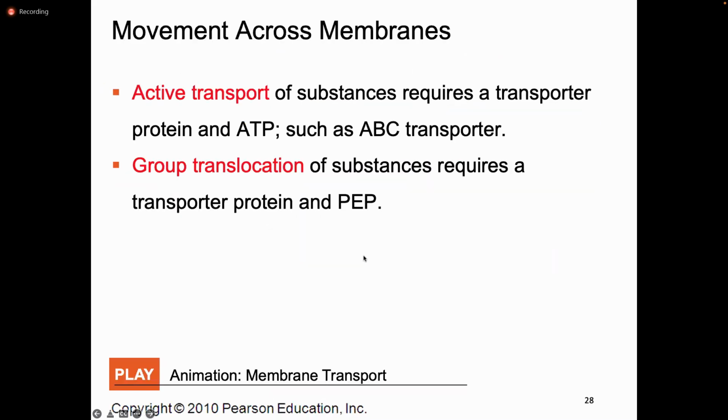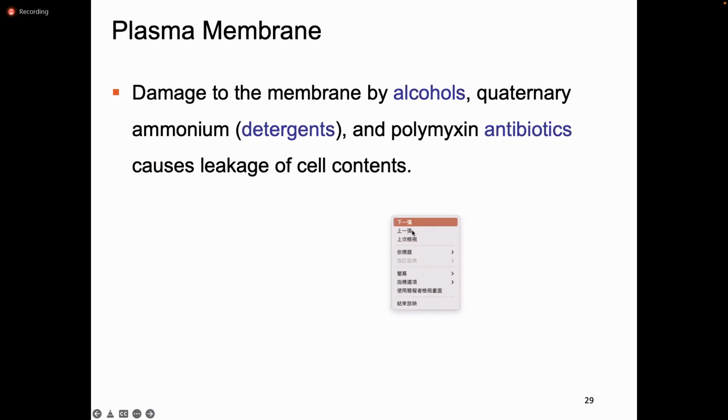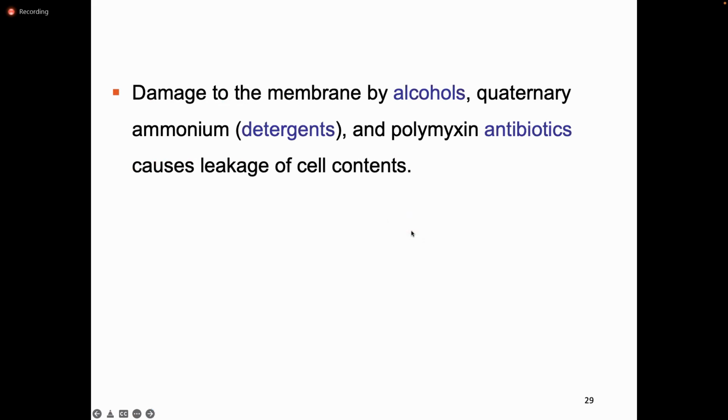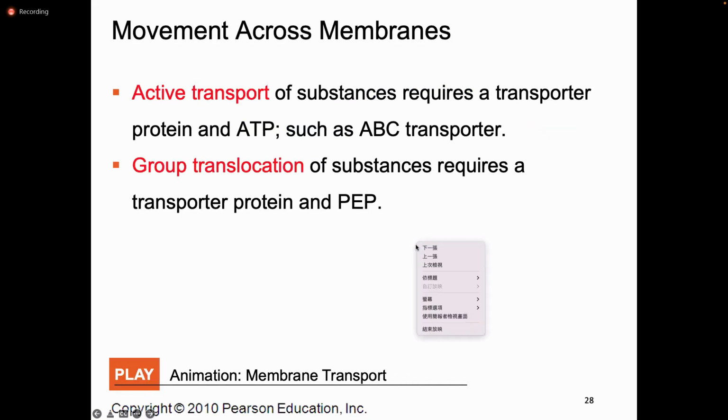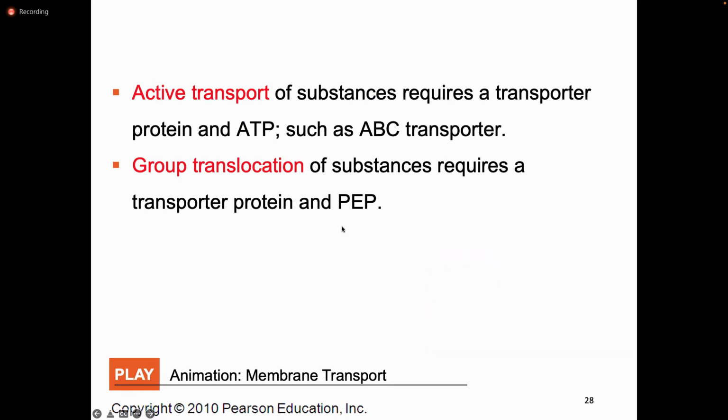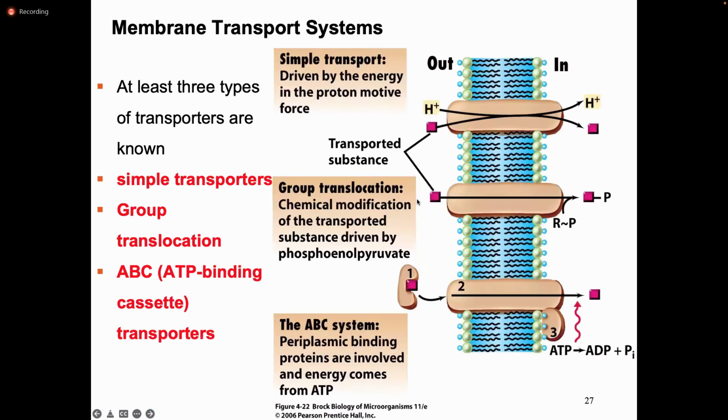Group translocation is very important because glucose, lactose, these kinds of molecules, when transported,